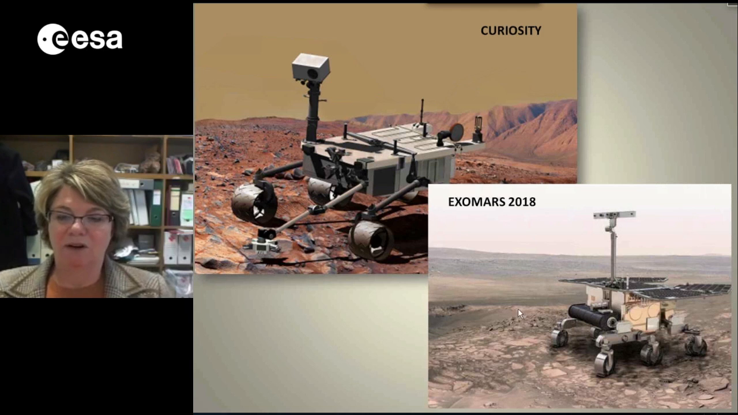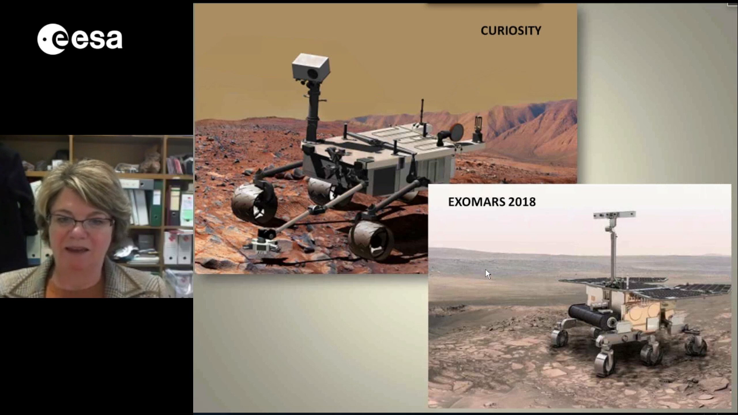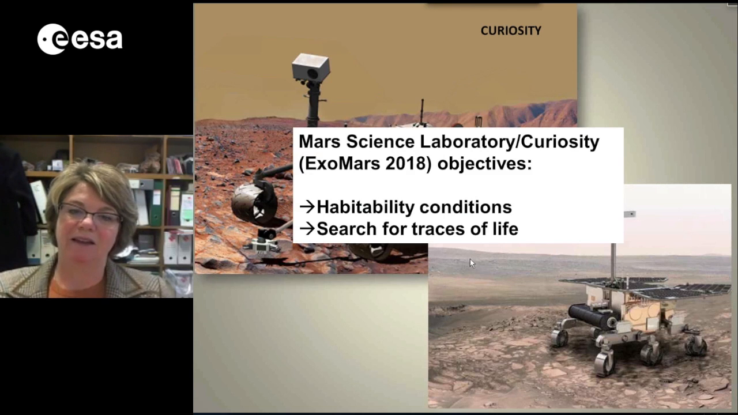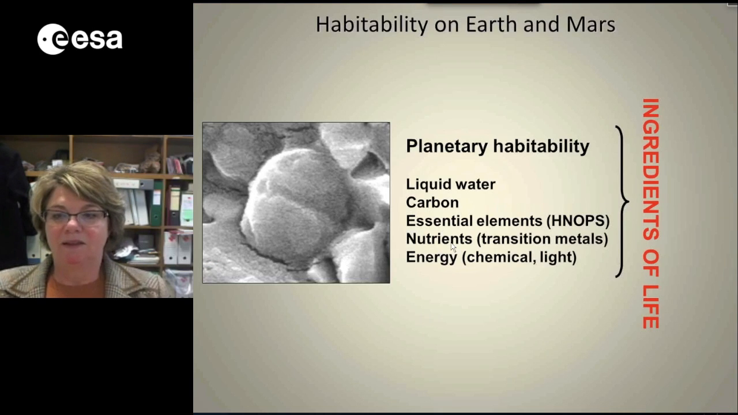And we have, of course, our own mission, rover ExoMars 2018, which we hope will get off the ground. The objectives of both of these missions are to study the conditions of habitability on the surface of Mars, at least at the landing site, and to search for any eventual traces of life that might be in the rocks and the minerals. So, from my point of view, habitability on a planetary scale